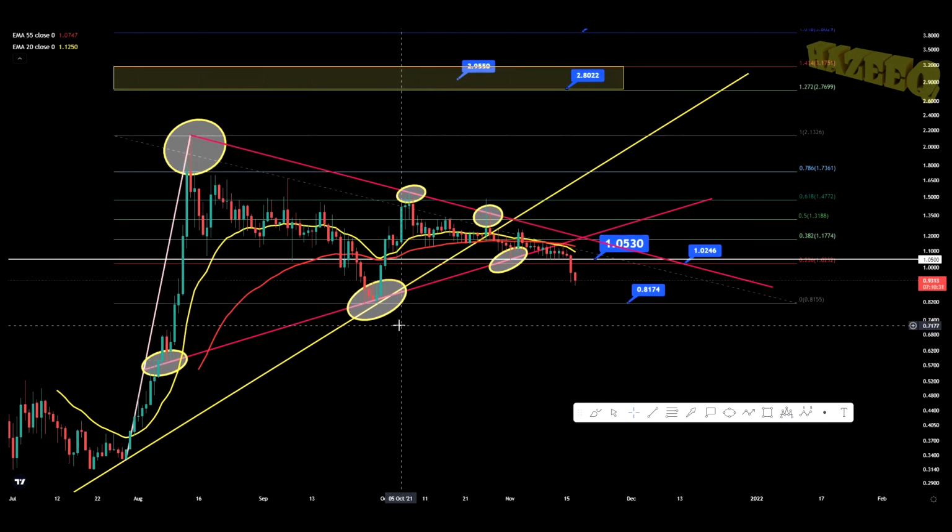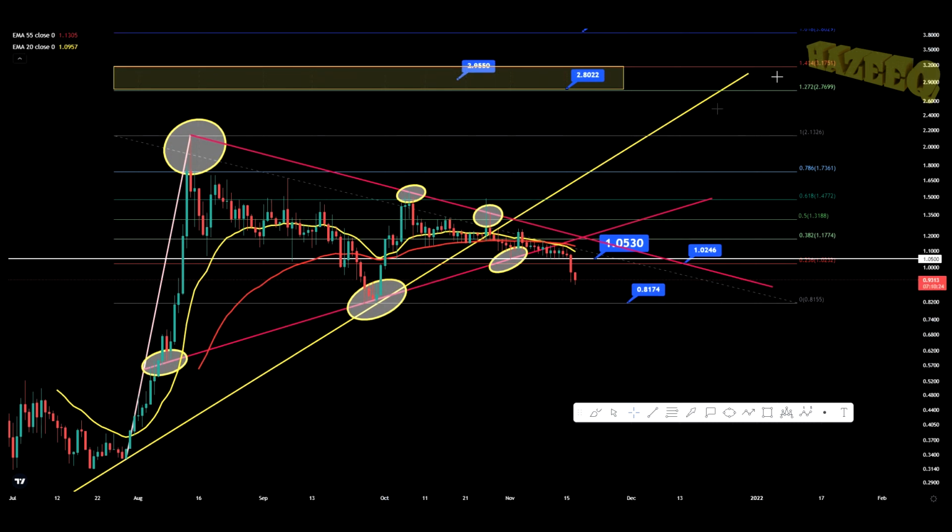Today we're going to be taking a look at Covalent, ticker CQT against USDT. I do want to say that I'm not a financial advisor and you should do your own research before investing